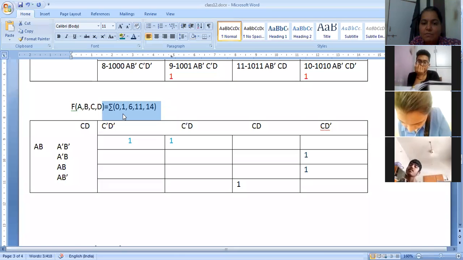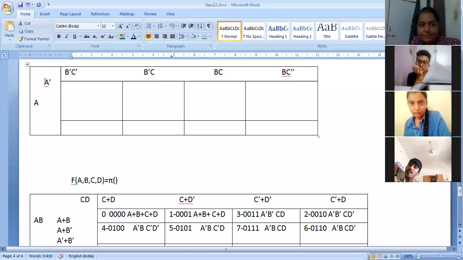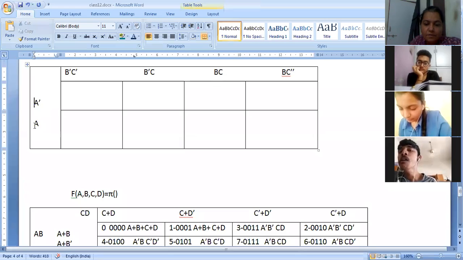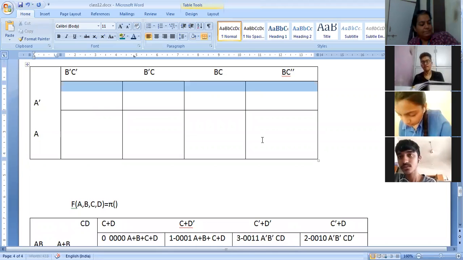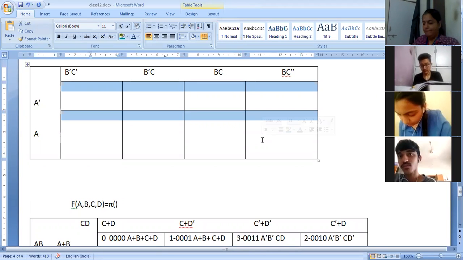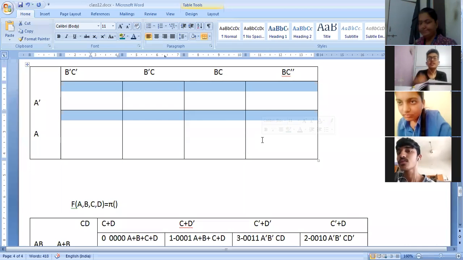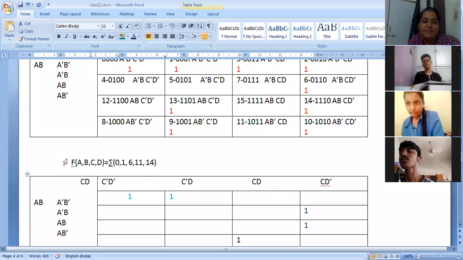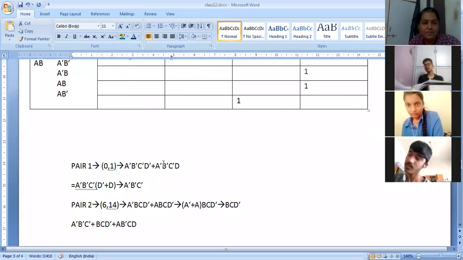Now let me take one more question of 3 variable K-map. I have already kept it ready. So this is my 3 variable K-map. I hope you can understand why there are only 8 boxes here. Nobody knows, all are sleeping. Good morning. Yes, ma'am, we know. Okay, see, till now I have explained only SOP. I have not explained POS. Don't worry, we'll take it slowly. We cannot go very fast, otherwise you all will have problems. So that's why we are going very slow.